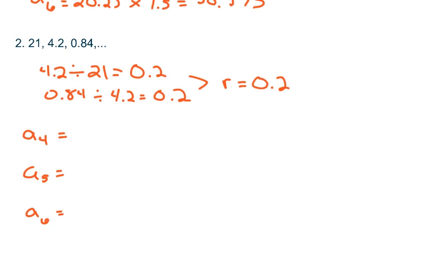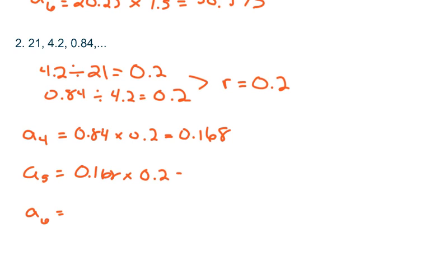Okay, so the 4th term, we're going to take the 3rd term, so 0.84, times our common ratio of 0.2, and when we do that, what we're going to get is 0.168. Okay, when we find the 5th term, we're going to take our 4th term, 0.168, times our common ratio of 0.2, and we're going to get